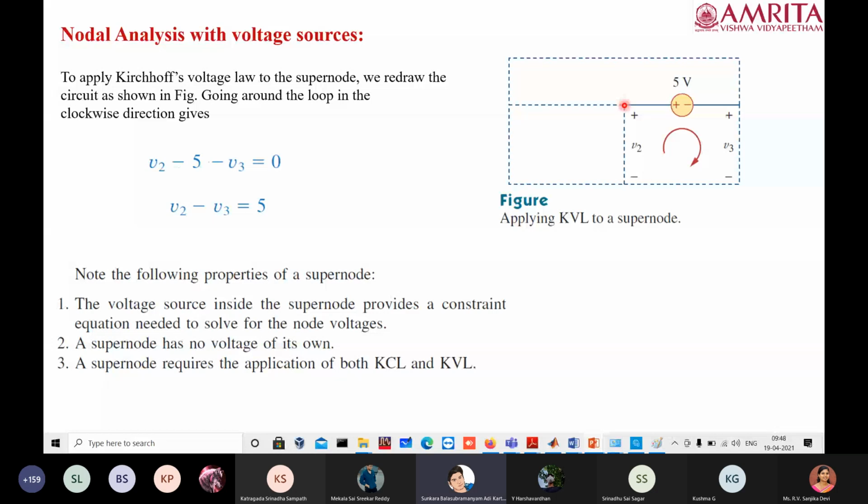But is it possible for a source to be positive on both sides? See, you are doing a circuit analysis. Conceptually, we are not analyzing; we are analyzing from an analysis point of view. Initially, when there are more than one source, we cannot really determine in which direction the current is flowing or whether the potential is positive or negative. So for that, we assume certain values and we solve the circuit. If we get the value as positive, the assumed thing is correct. If not, it has to be the opposite way. That's it.